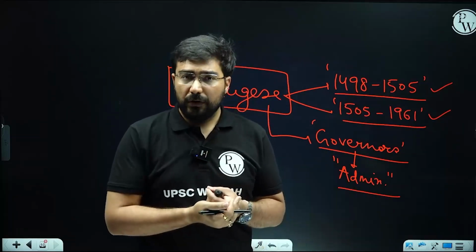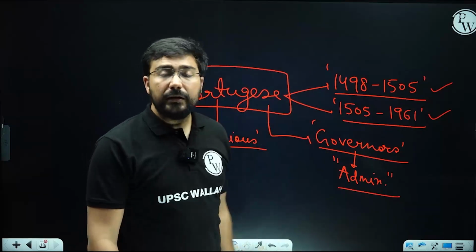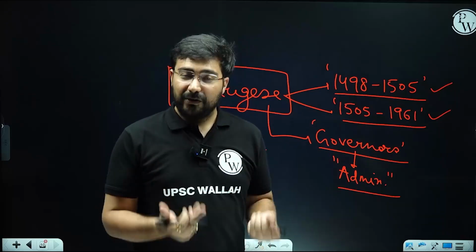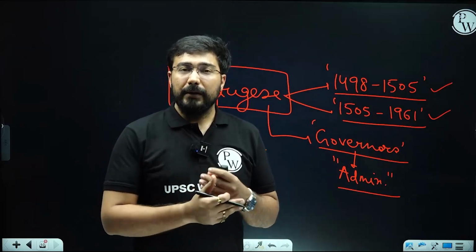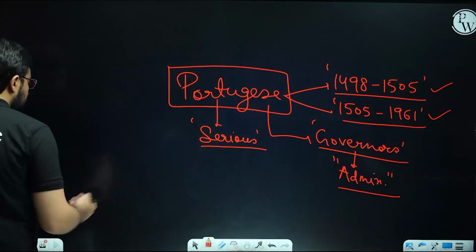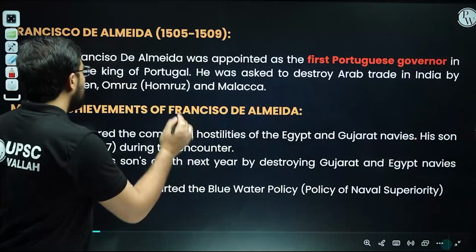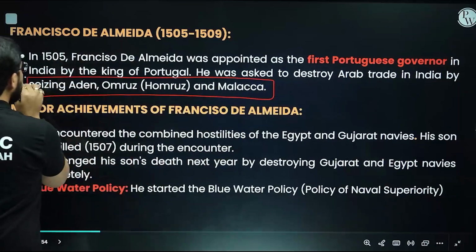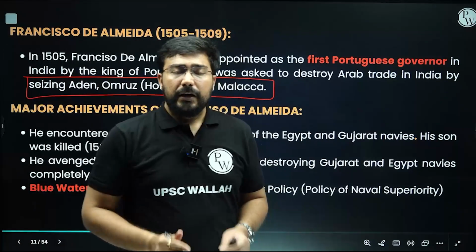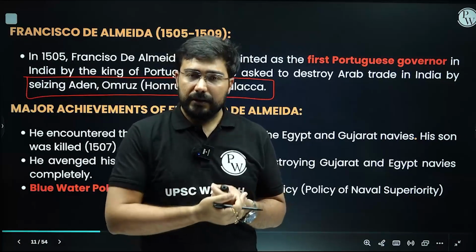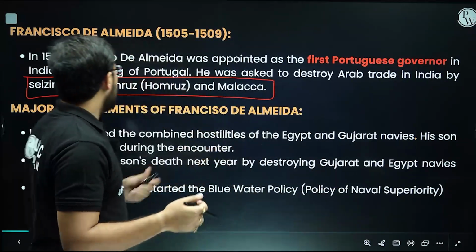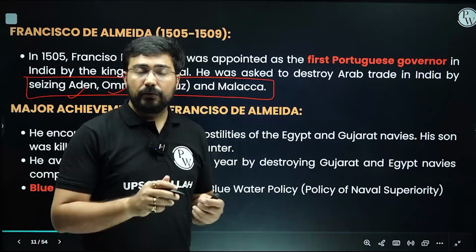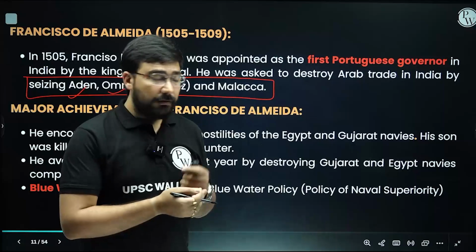And when will you have the maximum profit? When you have a good level of administrators who can rule, who can regulate the trade, and eventually there was a possibility of gaining territory also. They wanted to push for the creation of multiple settlements. So Francisco de Almeida was a very prominent personality, and he was the one who was responsible for the idea that we should capture all the entry and exit points of the Indian Ocean. If you see the Indian Ocean, towards the east, we have the Malacca Strait, right? And towards the west, we have the Strait of Hormuz and the area of Aden. So if you can capture these, effectively you can rule the Indian Ocean. So that became their objective, that we will capture them.